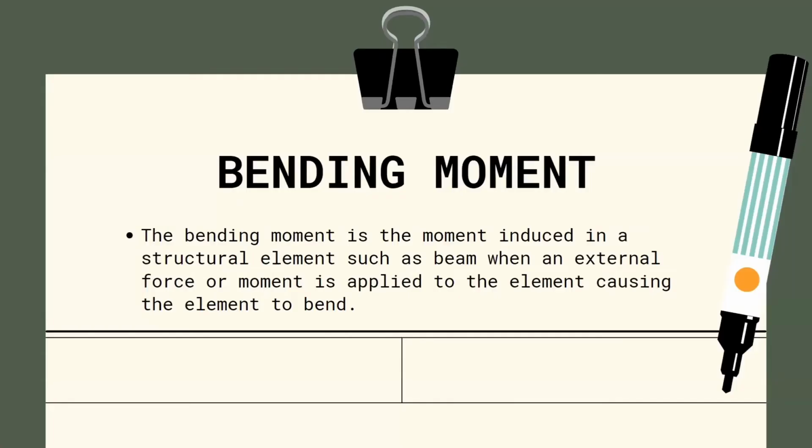Bending moment is the moment induced in a structural element such as a beam when an external force or moment is applied to the element, causing the element to bend. The objective of this experiment is to determine the bending moment at section XX and compare the theoretical and experimental